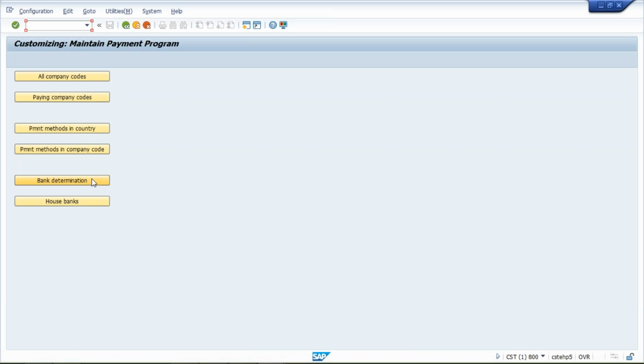So here it's not like that directly a GL account we are going to link. First of all, we'll have to set up a bank master. Bank master in the sense, that is called house bank setup. How are we going to set up the house bank? I'll let you know. So before bank determination, we have to follow this step. That is the fifth step. Click on house bank